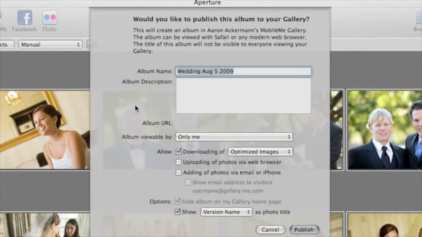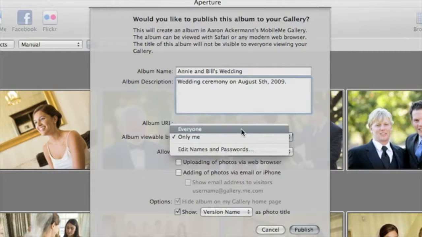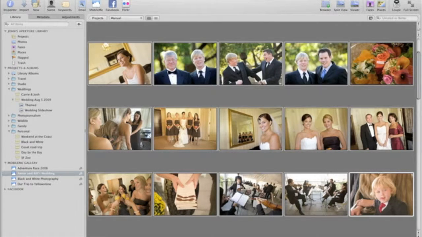In the MobileMe dialog box, enter a name and description for the album webpage. You can control who views your gallery and who can download photos. You can even allow users to upload additional photos to the gallery. And you can hide any album that you don't want to appear on your gallery homepage with all of your other published albums. Once you've configured your options, click Publish, and Aperture will create and upload the album in the